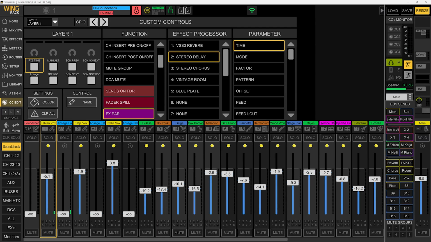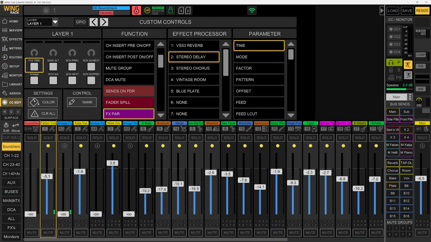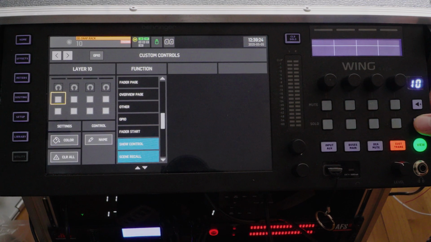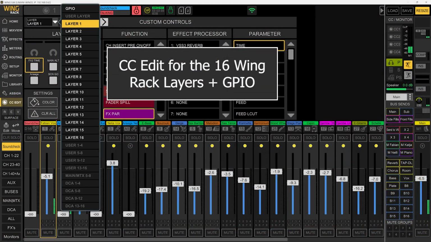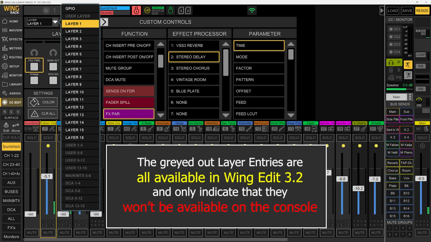3.2. You see it here that you have the UCC edit menu option available, which did not exist in Wing Edit 3.1. So you can use it exactly the same way as you could do it on the Wing consoles. You can configure here all the 3 different consoles. In my case, I'm using a Wing Rack, so this is where I can do the GPIO and the 16